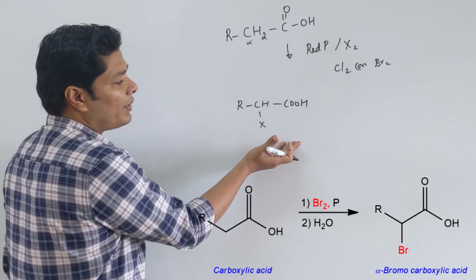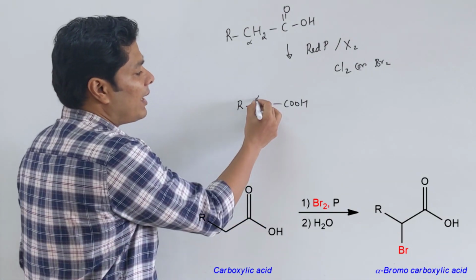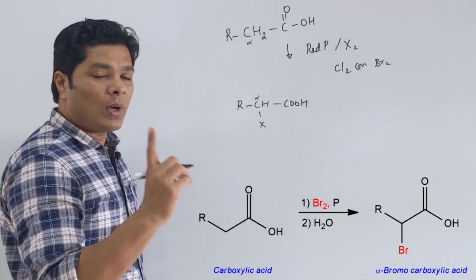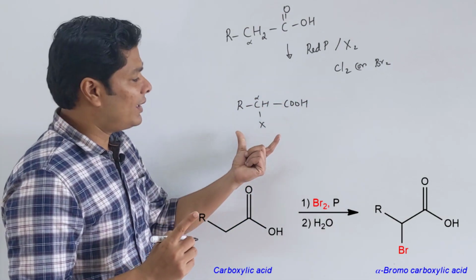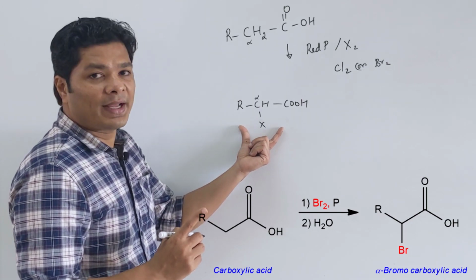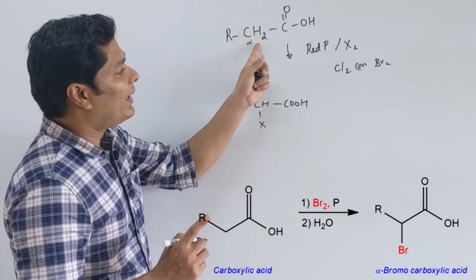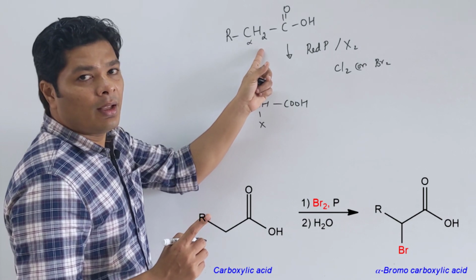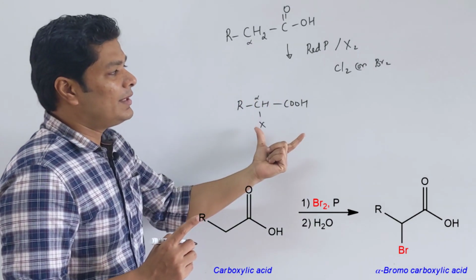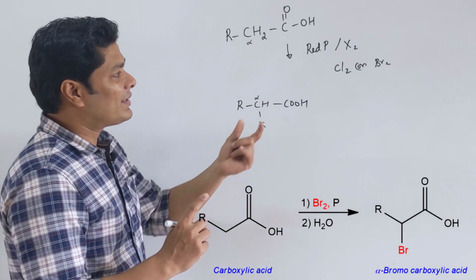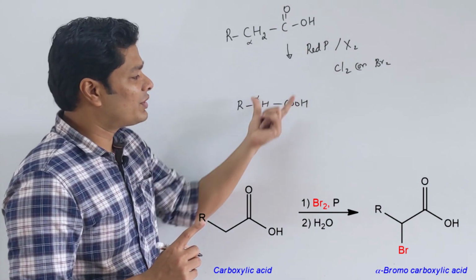This is a straightforward reaction. Now this can be called alpha halo, or in IUPAC naming, 2-chloro or 2-bromo accordingly. Remember that this is an important reaction. This happens because the alpha hydrogen is extremely acidic, so you can do this. It's straightforward. They might ask you what reagent is being used or what the product is.